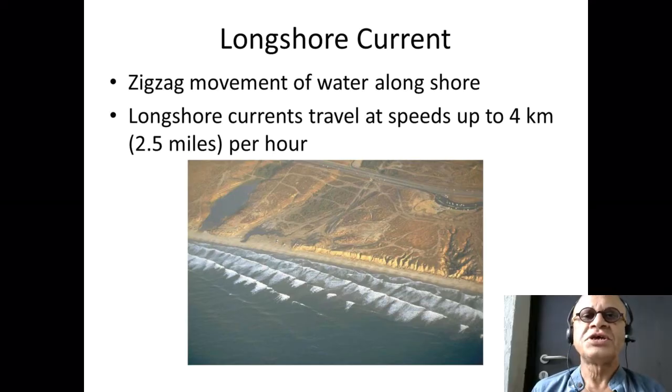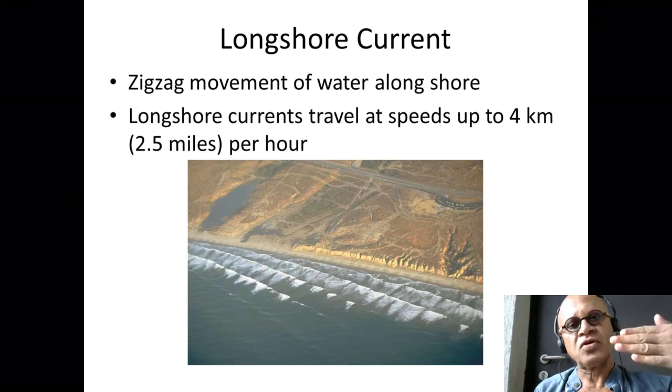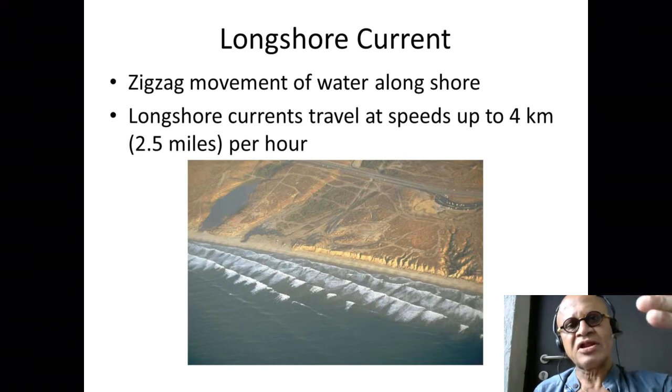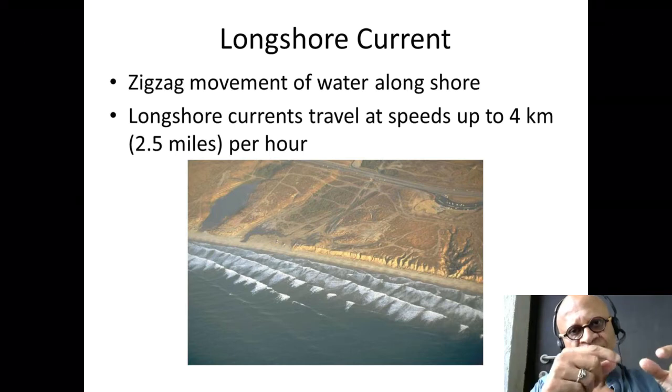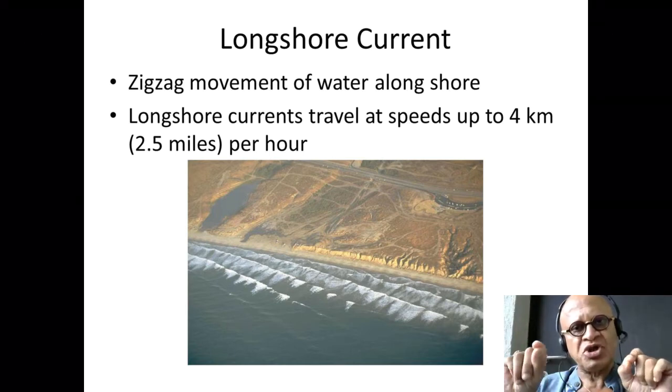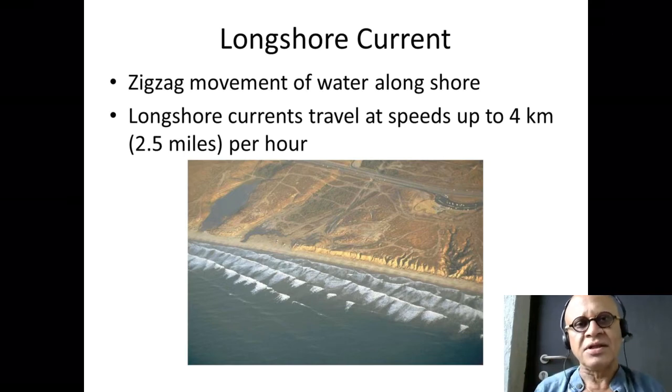So it's not just the swash and the backwash that dominate the beach. As it turns out, as we said, the waveforms don't become exactly parallel to the beach as they approach. They have an angle. So the swash actually goes up at an angle, and the gravitational backwash is at an angle. So if you have a nice long beach, you end up essentially building a pressure gradient depending on the